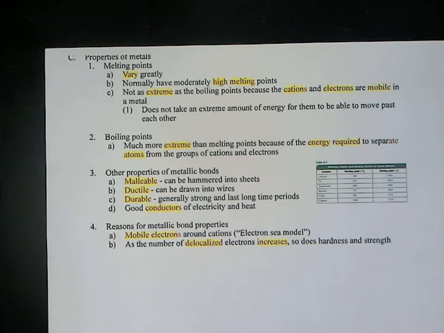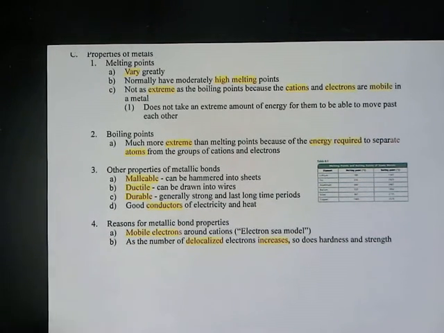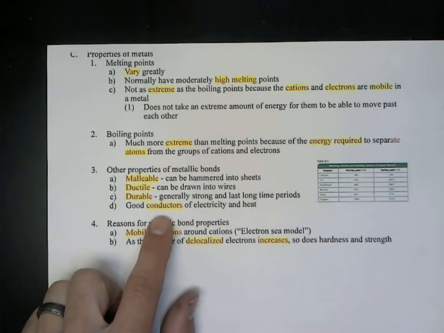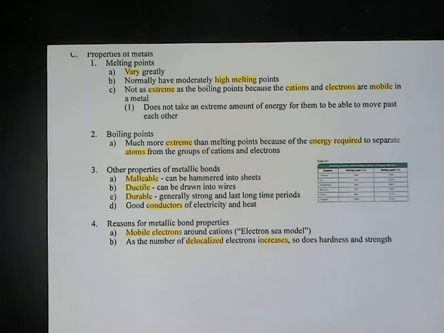Now, our other properties, we've seen these properties before of metals when we described metals on the periodic table, but we have our properties here. Now, I want to bring up a point here. Good conductors, meaning they can conduct electricity very easily. Good conductors of electricity, the reason that metallic bonds do that is because they can have those sea of electrons,